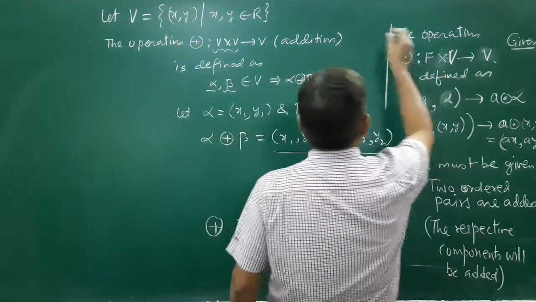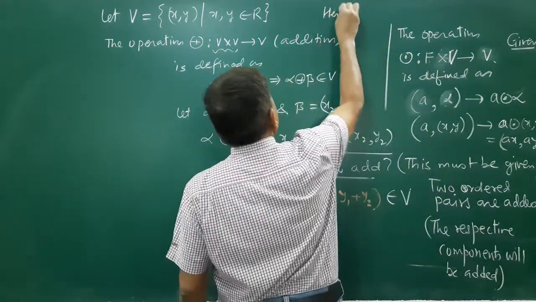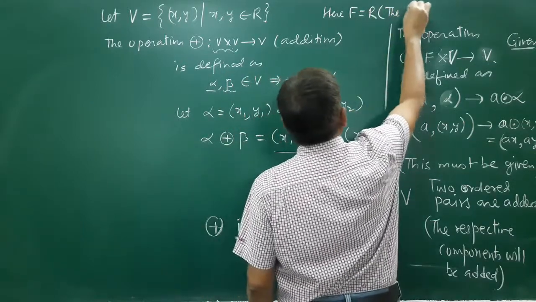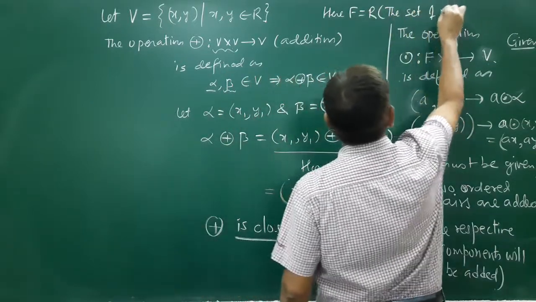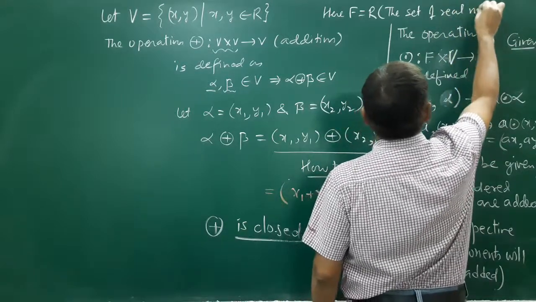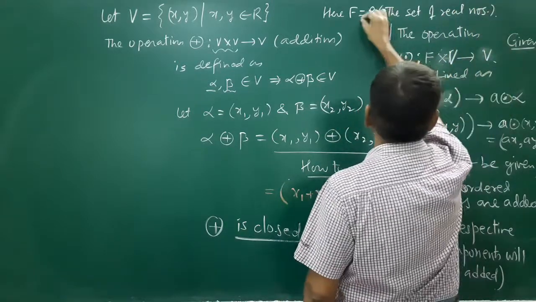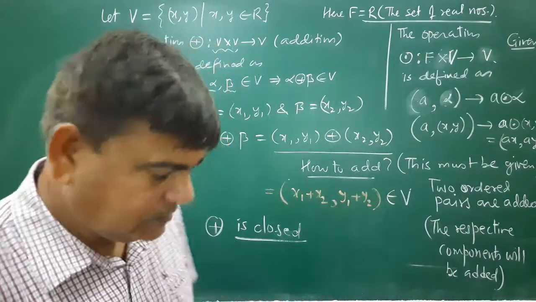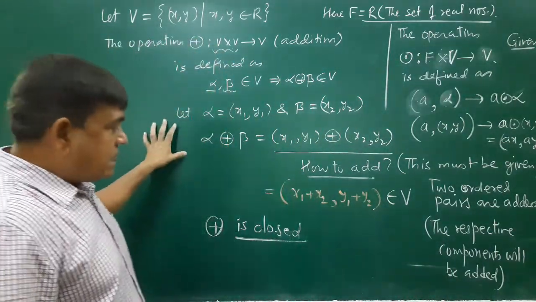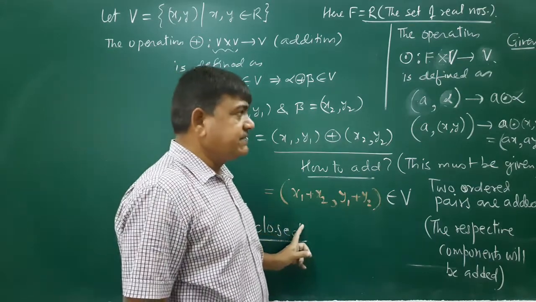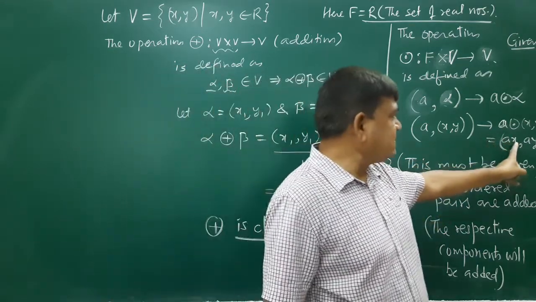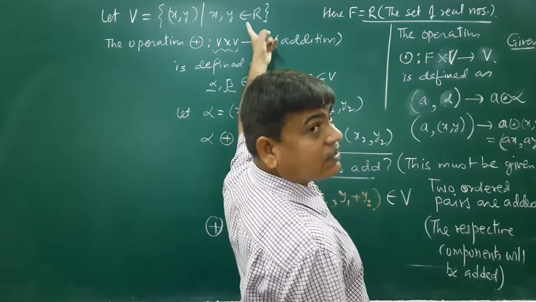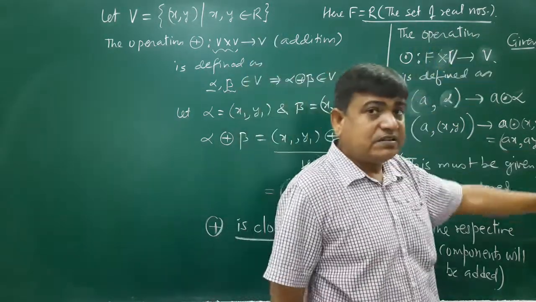Here, F I consider that is the set of the real numbers. Okay. Now, this is closed. Here you look at this. X is a real number. Y is a real number. Remember,